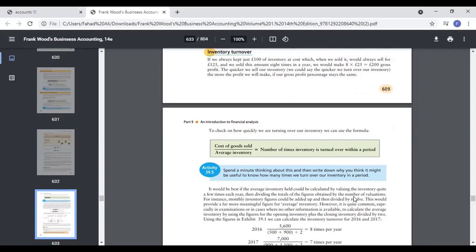If your answer is a lower number, do you think the business is doing good or bad? I think good? The concept is the number of times your inventory is converted into your finished product. So we should have it higher, right? If it is lower, it means that our inventory is coming, but our production is not that efficient. This can be because our workers are not working well. There can be a lot of reasons for that.